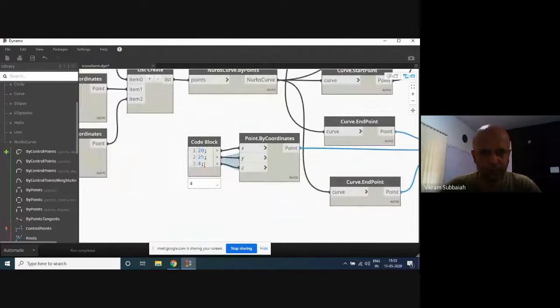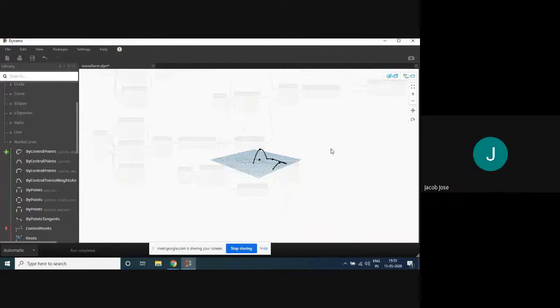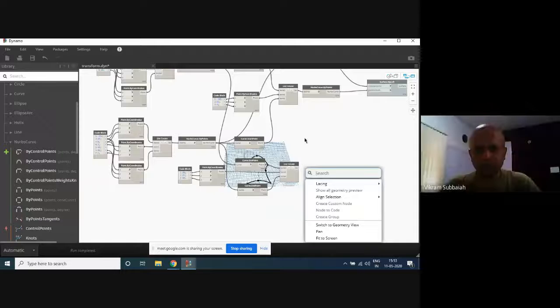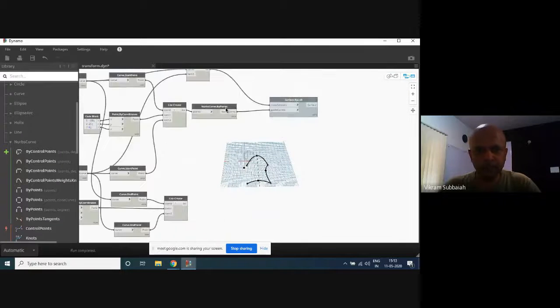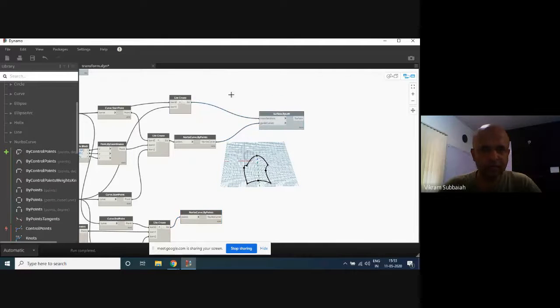Let's make it about, say, so now let's just create this other NURBS curve. Now we've got, let's say, 4 points, 4 curves.